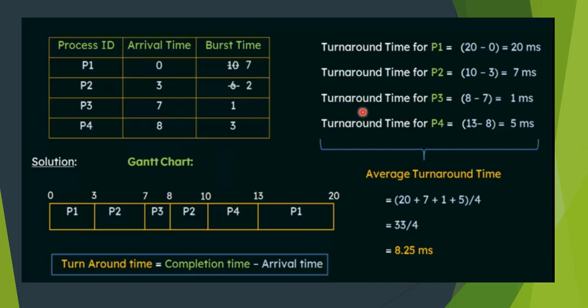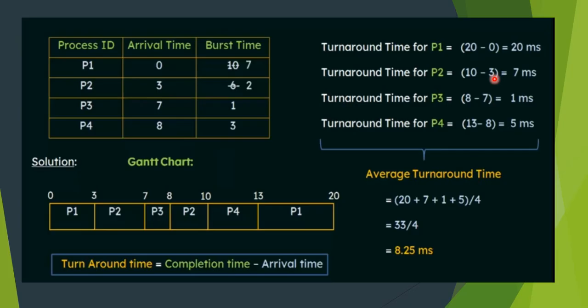We can now write out from our formula. We know that turnaround time is given by the completion time minus the arrival time. So when we look at process 1, it completed at time 20, minus the arrival time, which was basically time 0, so it has 20 milliseconds. Then process 2 completed at time 10, minus its arrival time,